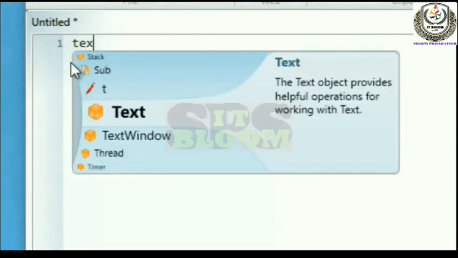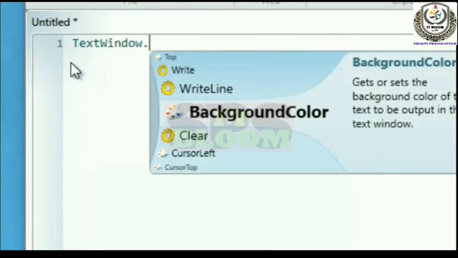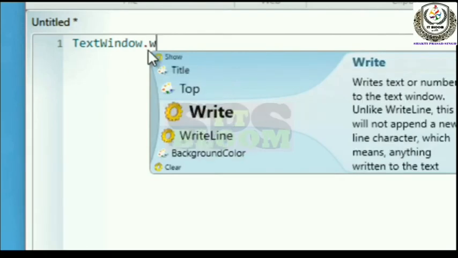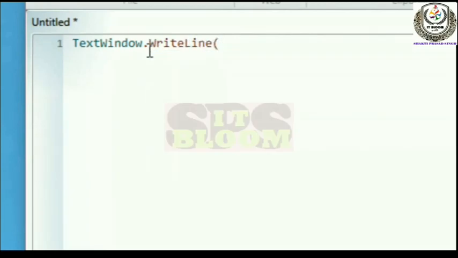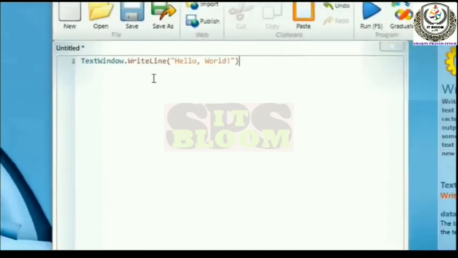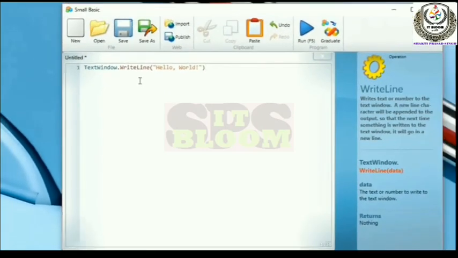First you type TextWindow, with T capital and W capital, then a period, represented with a dot. To show the line you use the command WriteLine, where W is capital and L is capital, then parenthesis and double quotes with Hello World, or whatever you want to write, within the quotes under the parenthesis.